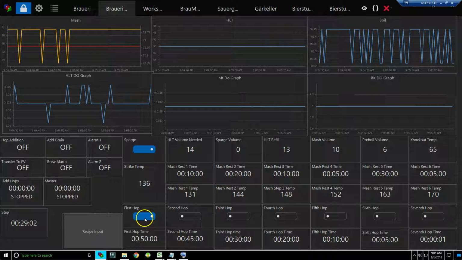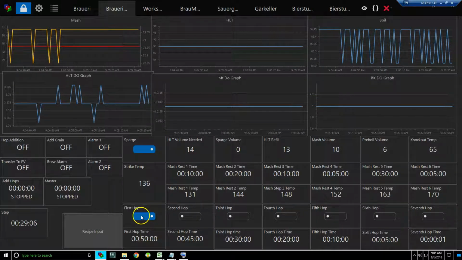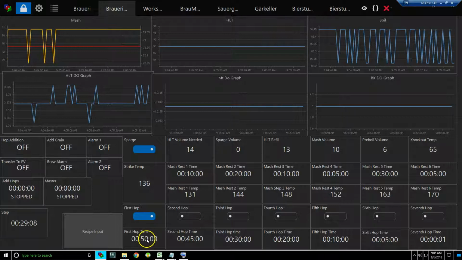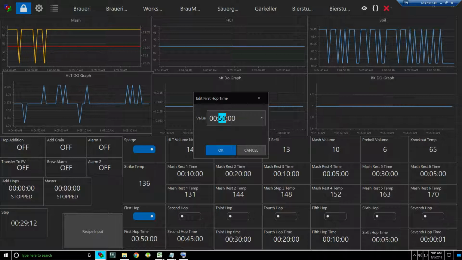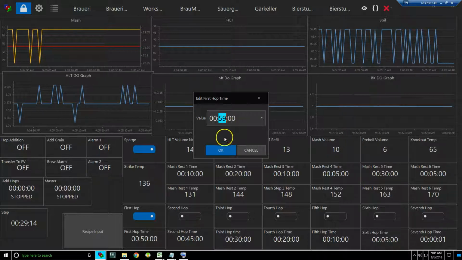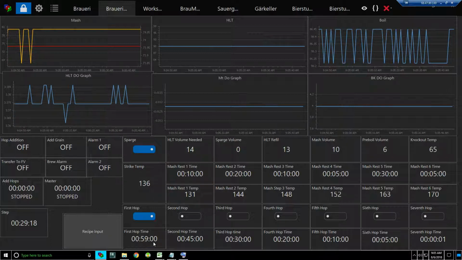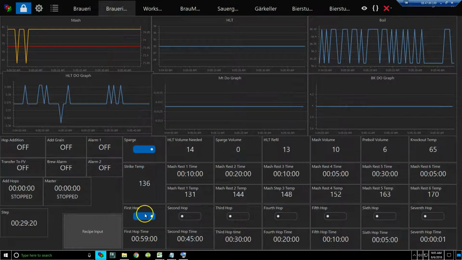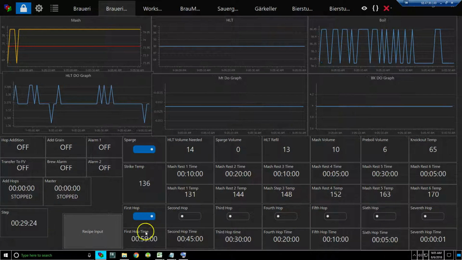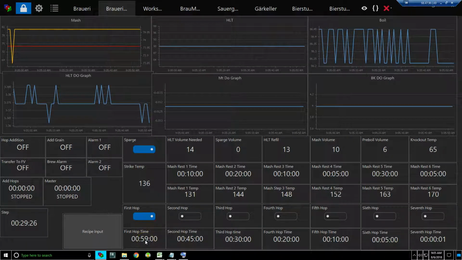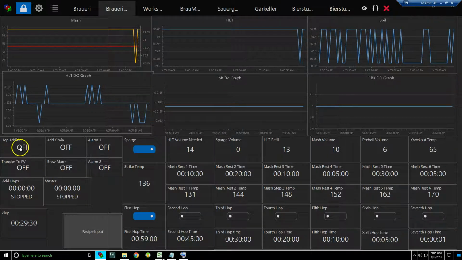It also has a hop button. Depending on the hops you do, your first hop, I have it at 50 minutes, but let's say you want it at 59 minutes. That'll change it, since it's a live variable and it can change. Now, the cool thing about the hop additions is, if this is checked and this timer, and we'll look at the script, when this timer gets to here, it's going to throw an alarm,